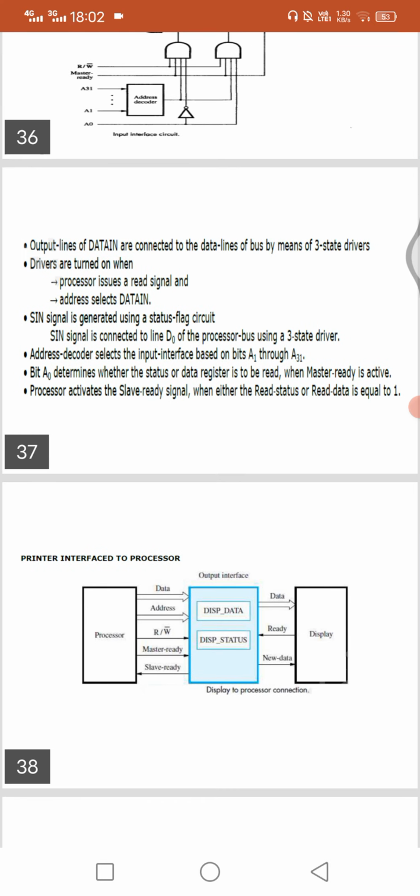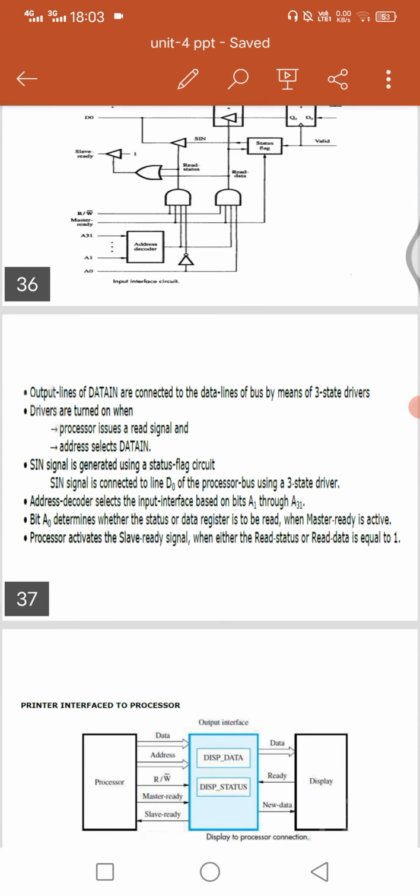The bit A0 determines whether the status or data register is to be read when master ready is active. So if master ready is active, the bit A0 determines whether the status or data register is to be read.